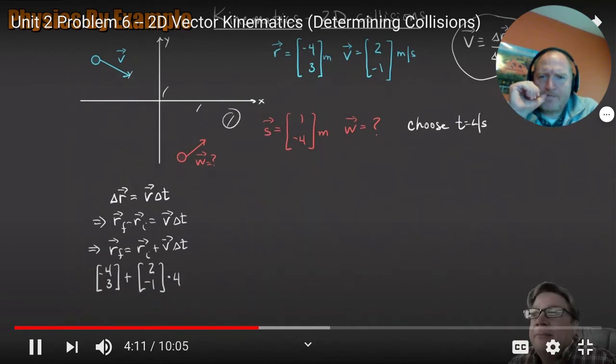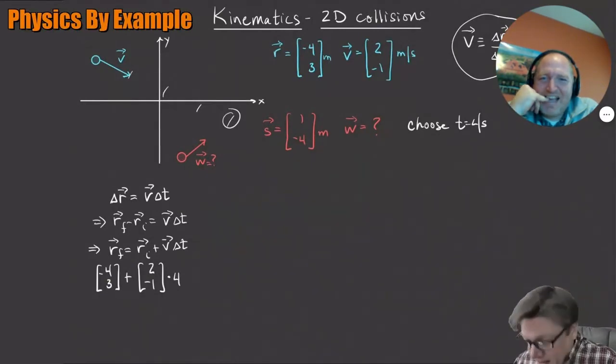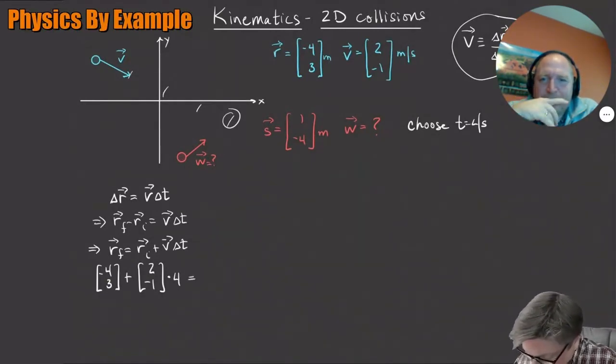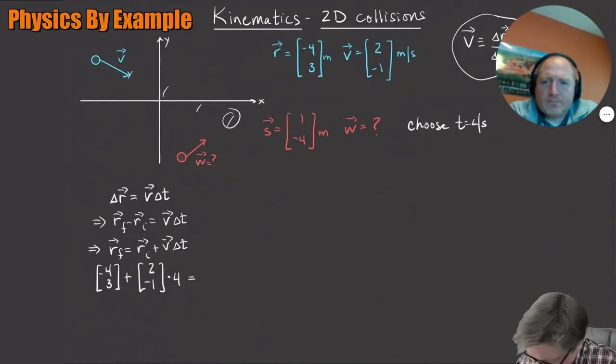Maybe it's right there or whatever. He knew where it was going to be. Position for the red thing then too, right? The thing that I launched. So this is going to be equal to, what is the initial position for the red thing? I said it was 1 and -4